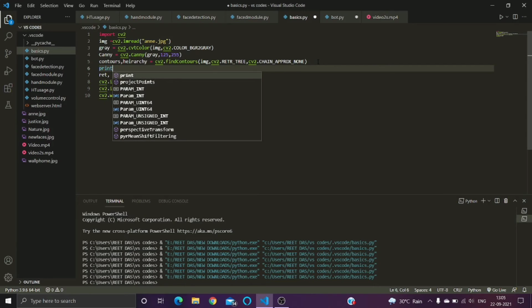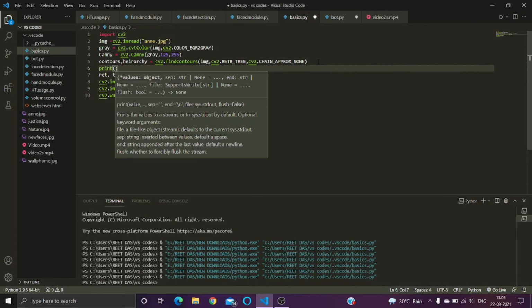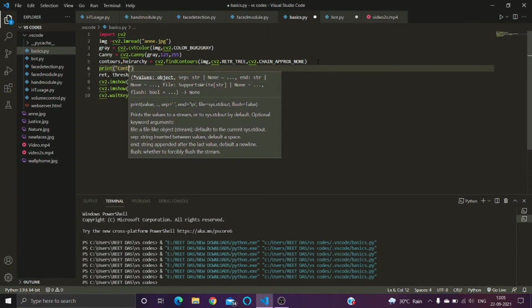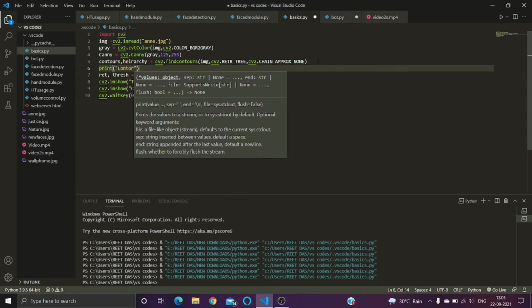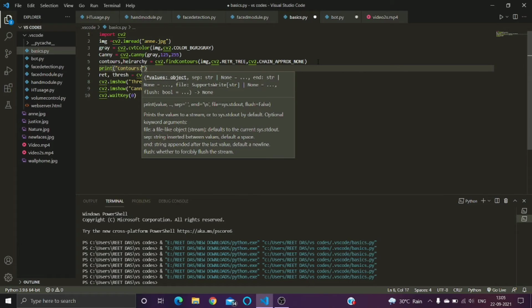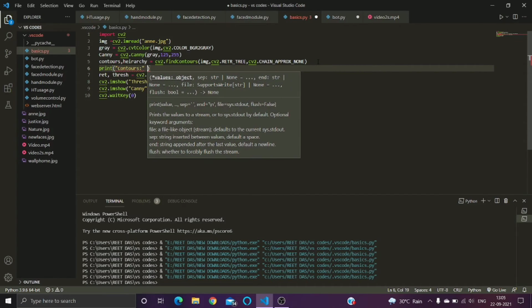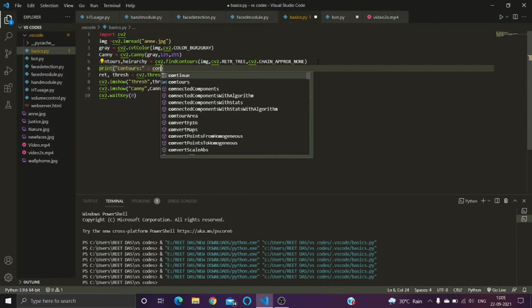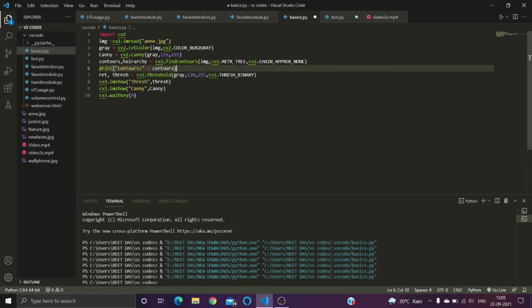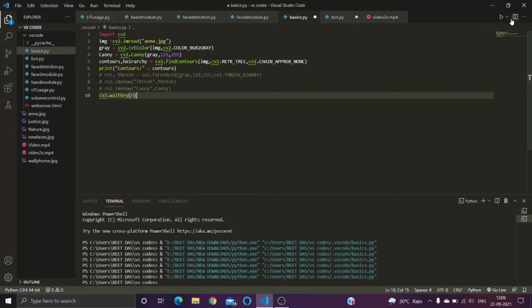So just write down print. Let's call this contours, contours plus contours. Yes. Now I have passed in this image and I'm trying to find the contours. So if I run this, let's just do one thing. Let's just uncomment these lines of code and let's run this. Okay,